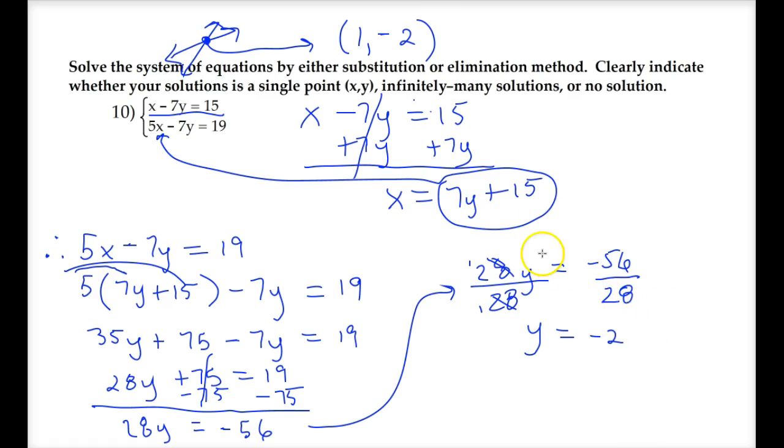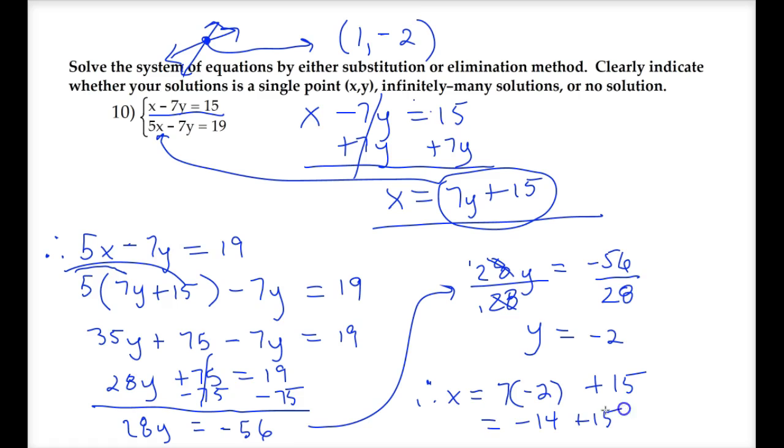So now that we know what y is, of course we can come back up here and plug that y into here to figure out what x is. And so we plug in y. See that that is a negative 14 plus 15, which gives us a positive 1. And so just like how we had before, we see that x is equal to 1, y is equal to